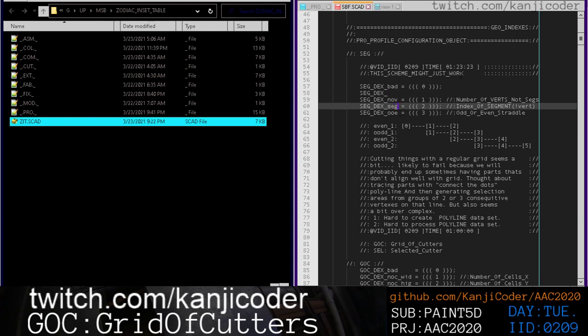So this thing could be segdex, odd eve. Let's make this a little bit bigger. Let's make this odd eve for odd even. This is segdex. This is number of verts, right? Num verts, segdex, odd and even. And then this is going to be